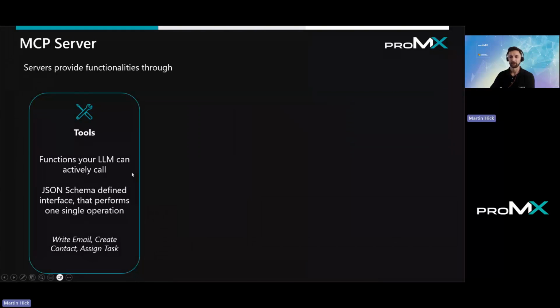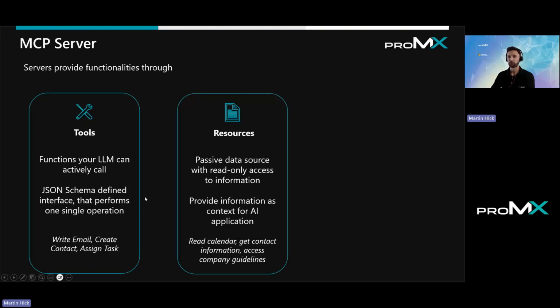This is something the LLM can call and then execute some function in the end, which is defined by a JSON schema that you provide and specify in the start. Then we have resources. If you know Copilot, for example, this is kind of like knowledge sources. So you can give the MCP server certain knowledge sources it can access, and then this can be provided to AI applications all around,